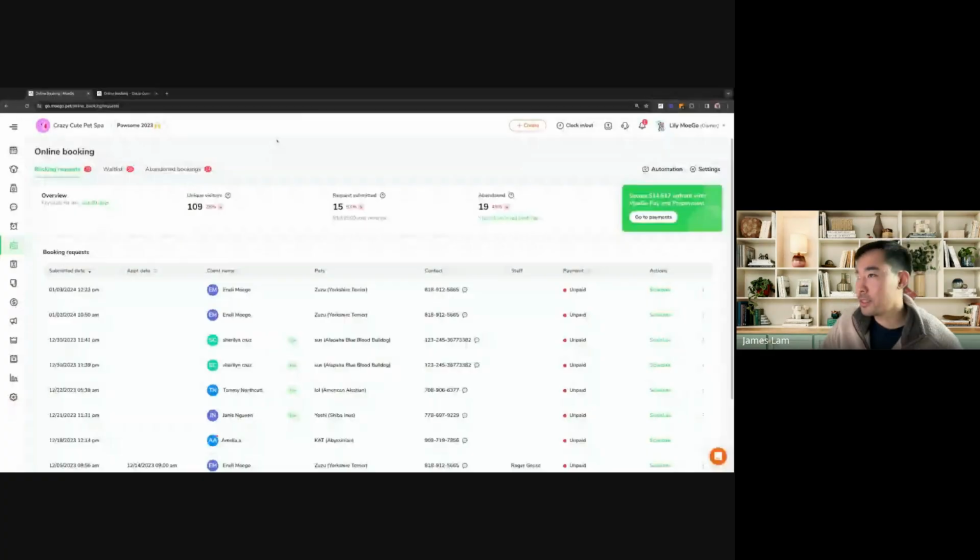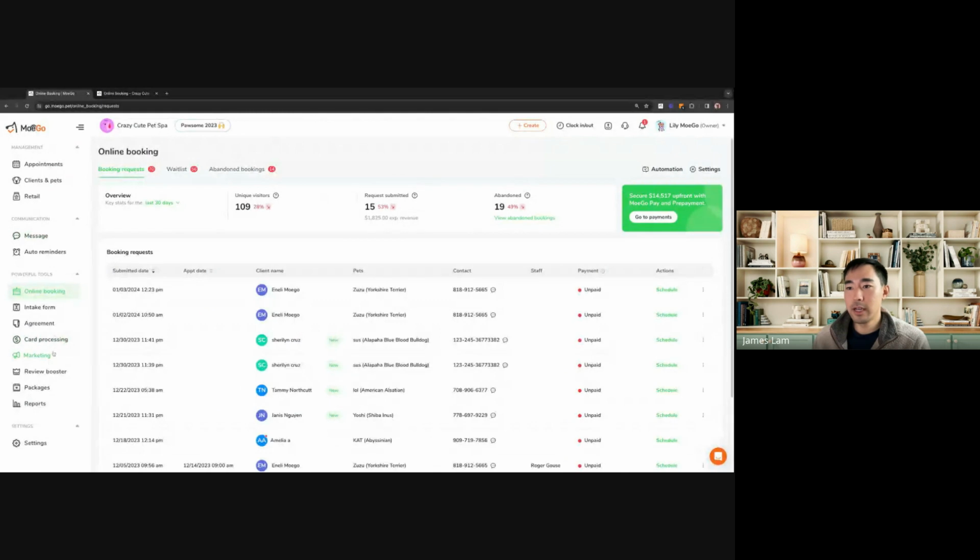So if you're on the new plans, like the growth plan, you do have all the marketing features available to you. If you're on a legacy plan, you do have the New Year gift, like Fear said, to try them out. So the feature I want to focus on today is the marketing emails and the discount code system you can take advantage of. So if you click on marketing,